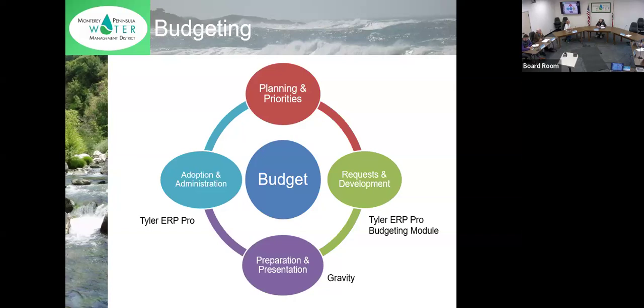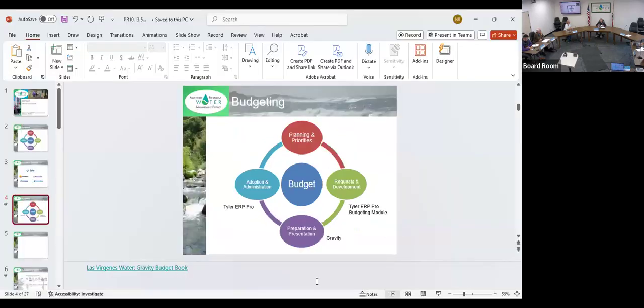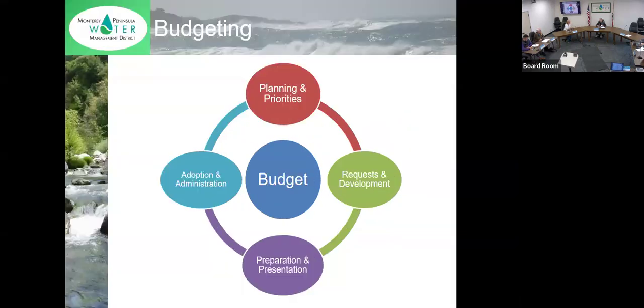Well, you've got a lot of confirmation from other places that you've looked at and compared to. Is this an evolution of the district, or an evolution of technology, or an evolution of how to approach budgets? Maybe a little bit of all three. A little bit of all three.